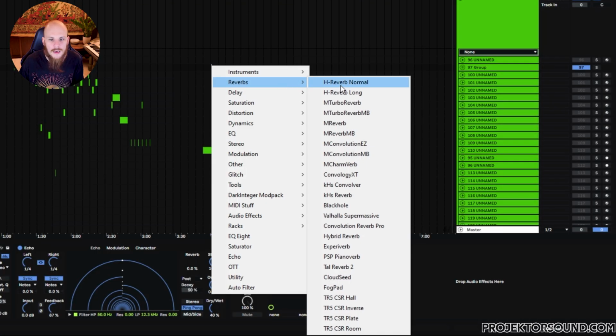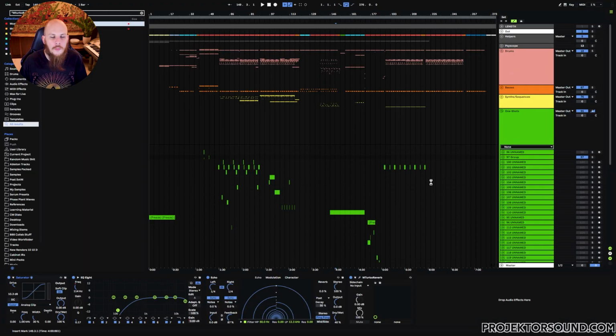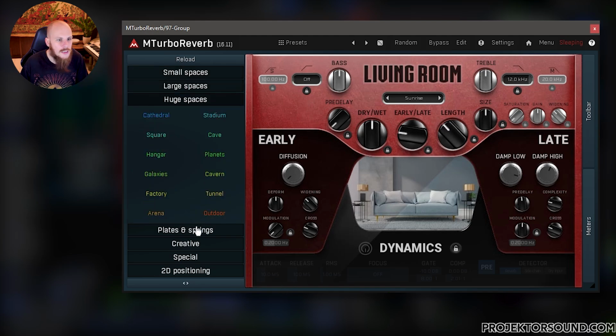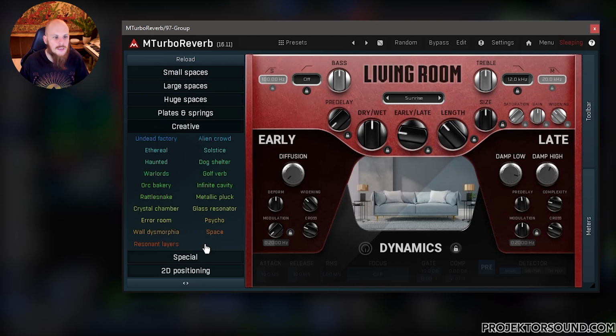Even a plugin like M-Turbo Reverb, if I open it up, has like 100 different algorithms in here. So it's not one reverb, it's multiple reverbs packaged into one. The whole idea is not about how many plugins I have, or whether I have enough plugins for this kind of workflow. You just need to identify a few processes that you know work,